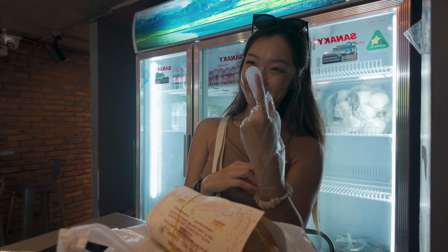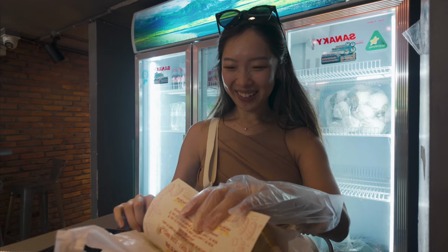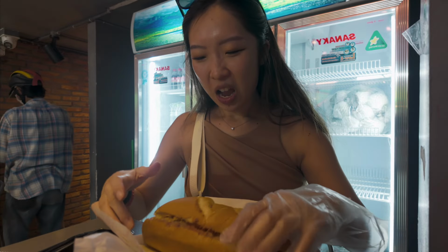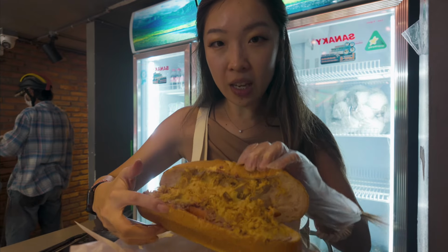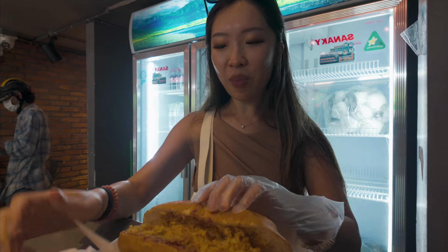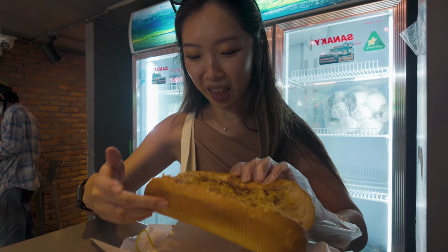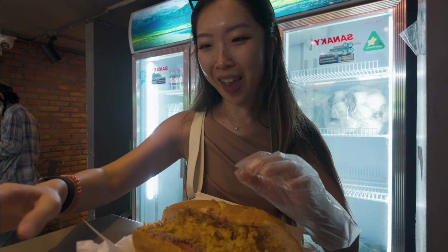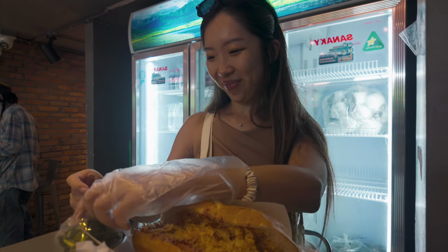As with a lot of pork rolls in Saigon, the veggies come separately and you get a glove to pick and choose everything that you want to put in. In a very dark time of my life, I used to have all meat pork rolls, but fortunately I've converted, which meant that I could have Saigon pork rolls properly. And the veg was just really refreshing and provided a lot of zing and pickled taste to an otherwise heavy